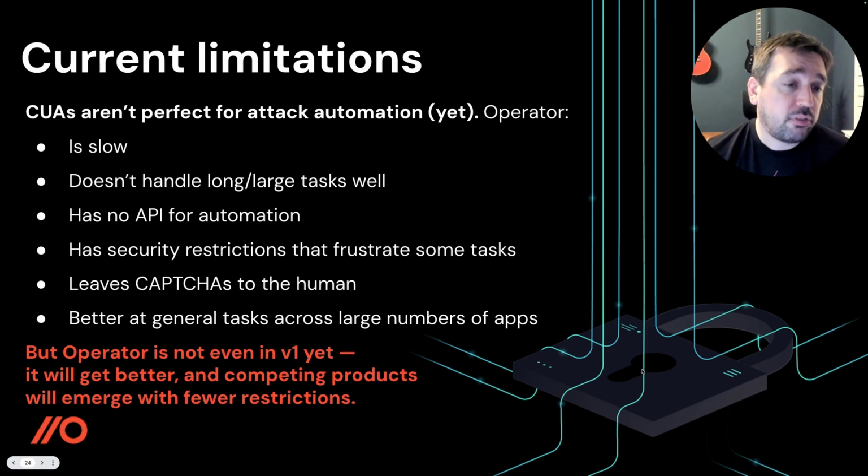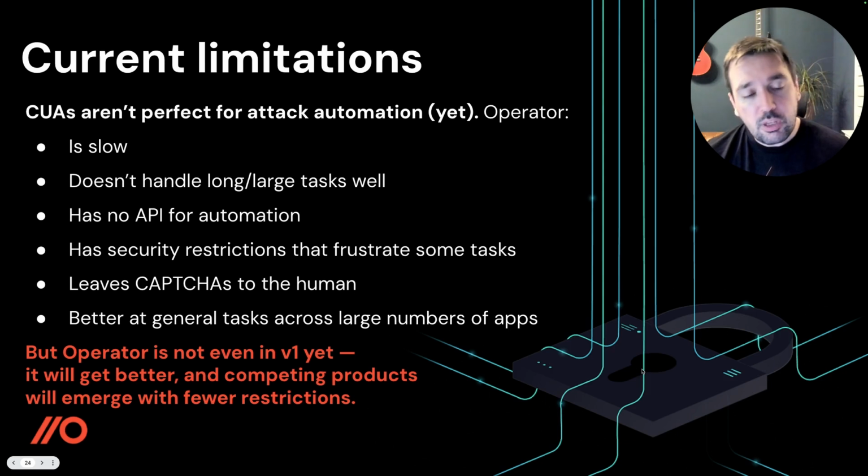It won't defeat captchas. There are other things out there for defeating captchas, but Operator doesn't even try. It just identifies that there's a captcha and hands it off to the human. But for most of these tasks, you avoid captchas anyway. The best uses of these are sweeping small things across huge numbers of apps, which means you don't tend to get captcha issues as much, because you're not normally brute forcing the same thing against one particular app. But if you do, it can automate almost all the work, and you as the human get left to deal with the captchas, because it will prompt you when it sees one. It will say, oh, I've got a captcha, can you solve that for me?